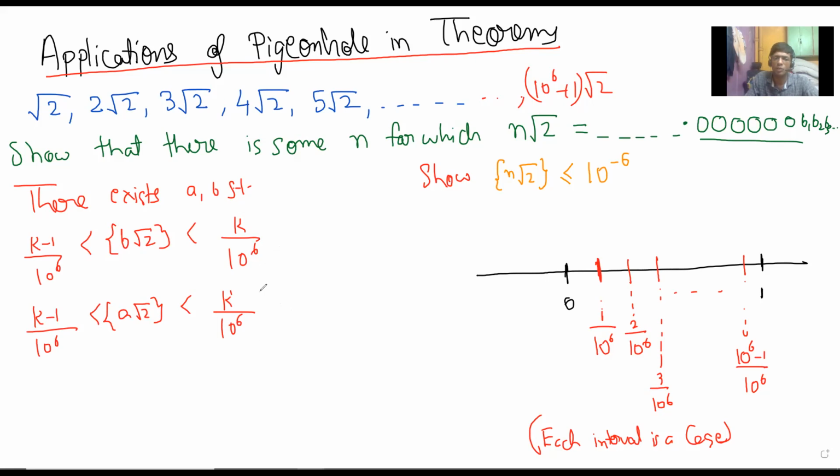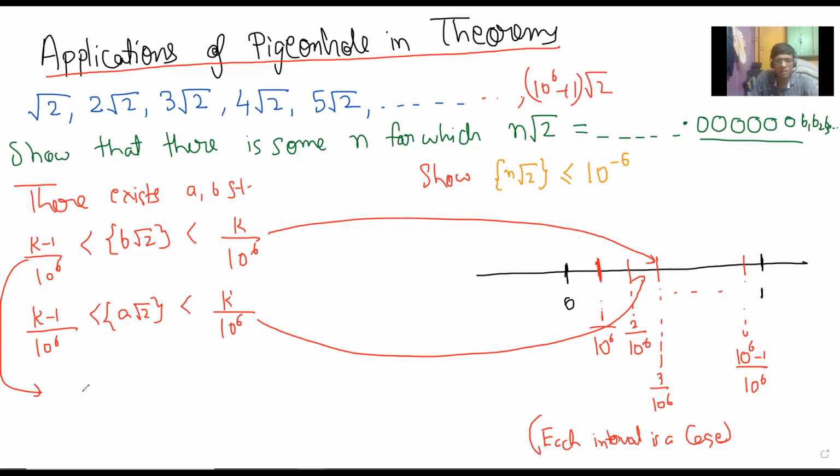Do you guys get this? There will be two things in the same cage. It will not necessarily be in the first cage; that's not what I'm saying. We're just saying that two terms will be there in the same cage. That's all. And how does this look? Well, this just says that B root 2 is something, something, something that we don't care about. After that, it will be something like, I don't know, 2, 3, 2, 9, 4, 6, something, something. And A root 2 would look like?